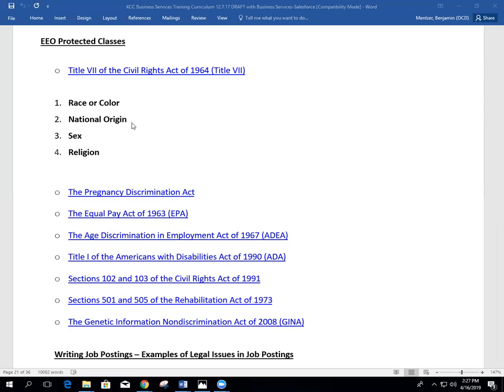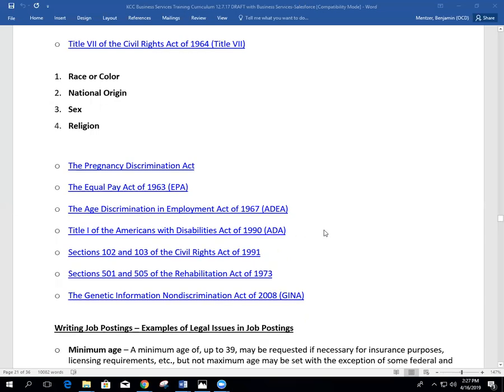Additional protected classes were added over the years to protect other classes: pregnancy discrimination, equal pay, age discrimination, Americans with Disabilities. Then there were additional sections added: civil rights, rehabilitation, and Genetic Information Non-Discrimination Act. Each of these is a link to more information about each of them.